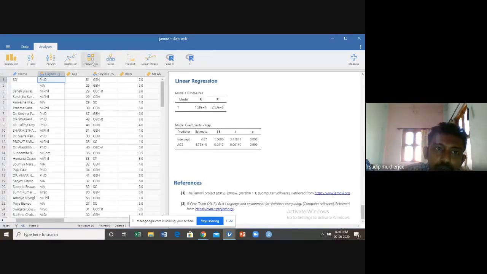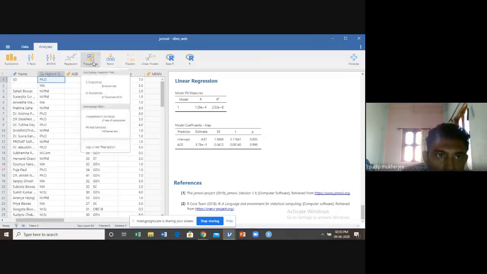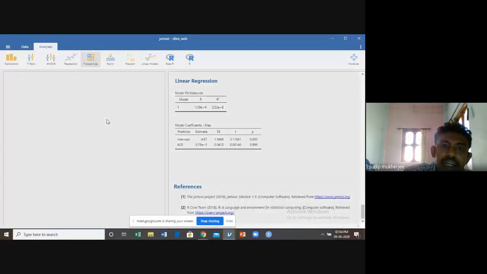Using Jamovi, you can perform the factor analysis, you can perform the frequencies also. I just show you under frequency, you can test binomial test, chi-square goodness of fit. Another commonly used test for our daily use is the independent samples or the chi-square of association.